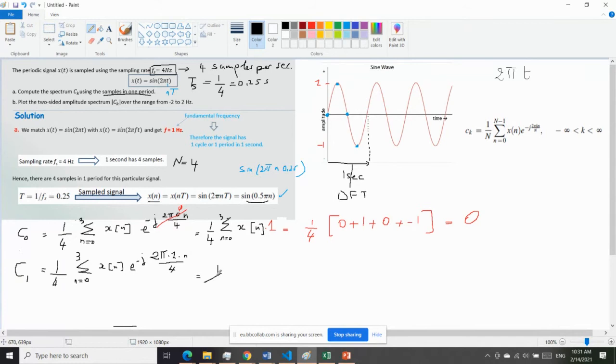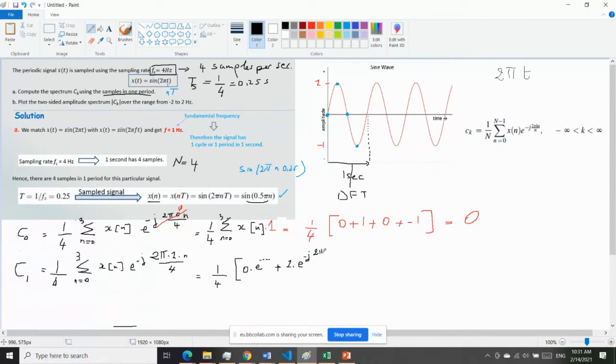So it will be 1 over 4 times the sum. For n equal to 0, it will be x0, which is 0, so this value 0 times e to the power of whatever, plus 1 times e to the power of minus j